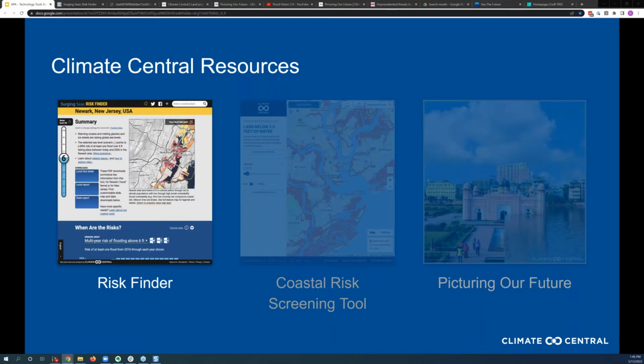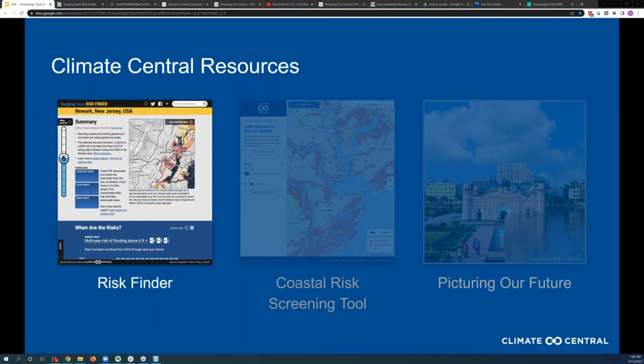So what I'll do is I'll paste in the Risk Finder URL into the chat box. Let's see if I can get the right, I want to send it to everyone. So I'm going to paste it in here, and maybe others, if I don't think I sent it to everyone, but maybe they could share it to everyone. I'll take care of it. I got it. Okay, great. Thanks. You could follow along is my point.